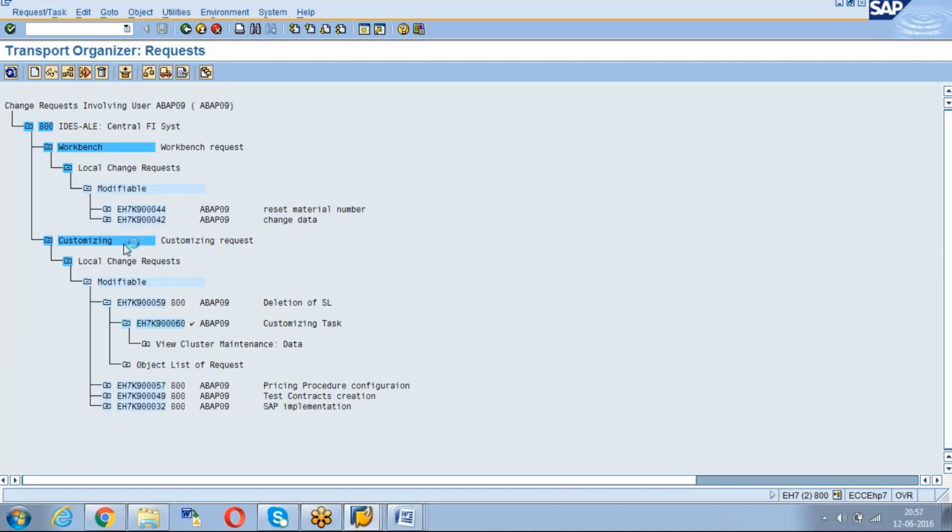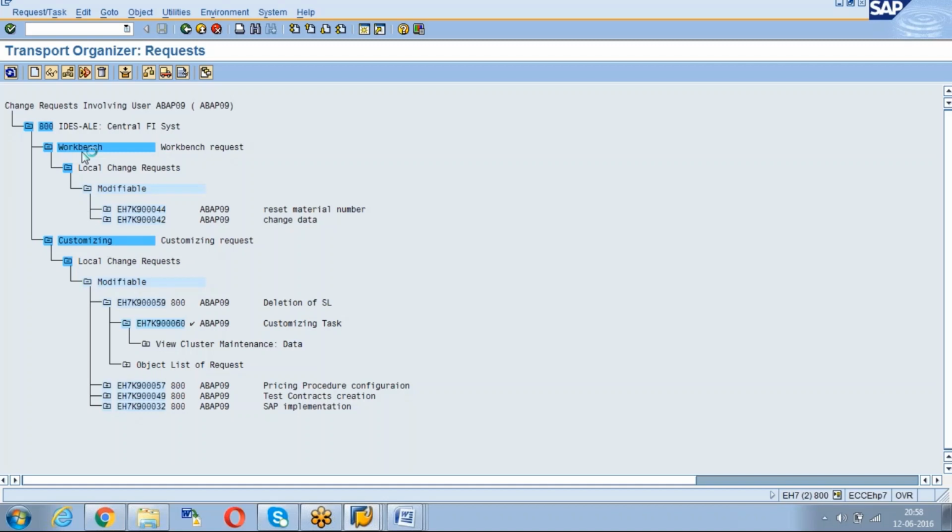See the plant creation and purchasing document type creation and pricing procedure, creation of calculation schema, and all areas will be customizing. You can say 90 to 95% of our configuration changes come under customizing changes, and the workbench changes, 99% of ABAP changes come under workbench.